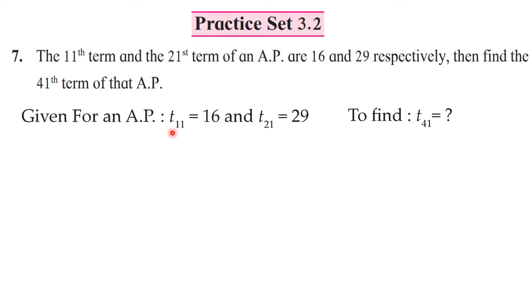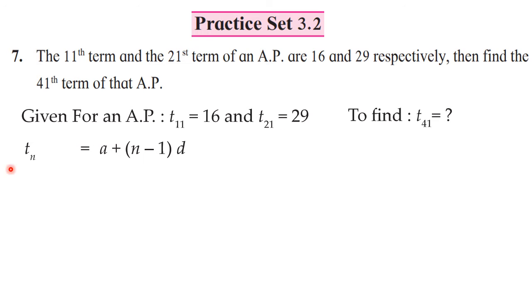Everywhere you can see T11, T21, T41 is written. So it is very clear that we have to make use of the formula of Tn. All of you have to first write the formula of Tn, that is Tn is equal to A plus n minus 1 outside the bracket D. If we want to find T41, we must know what is A and what is D. N is known to us, N is 41 here. And A and D both are unknown. To find them, we have to make use of the given information.